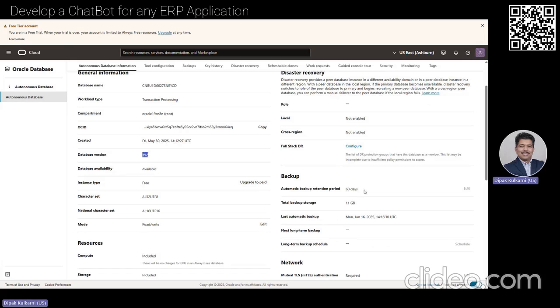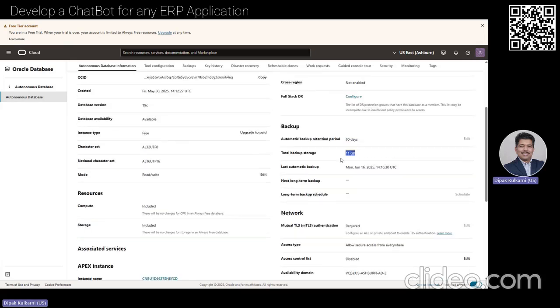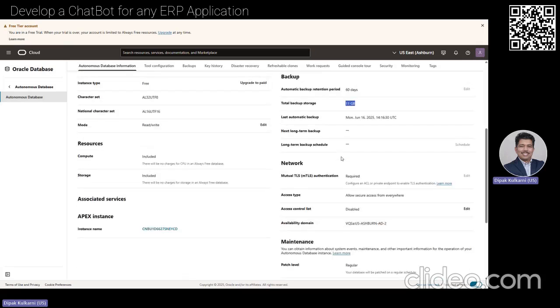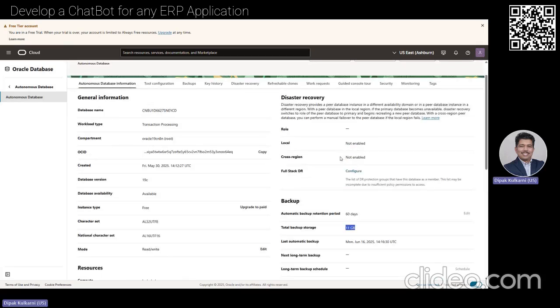It is a 19c database. It has 11 GB of space, and I think